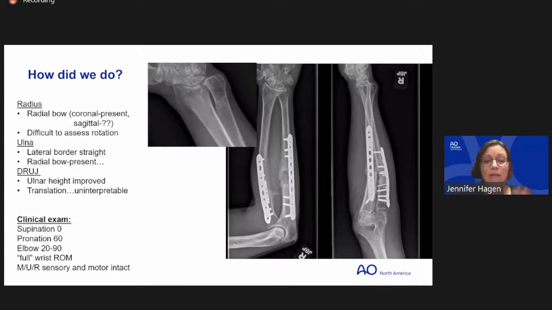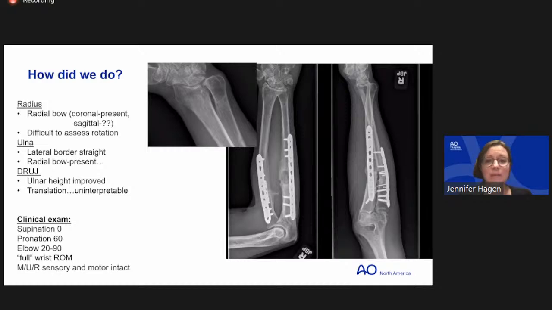Now, looking at the ulna, on what looks like a lateral of the ulna, that portion of the ulna is straight, and that part should be straight. So that looks pretty good, and it looks like the bony defect is healed in. Again, on the version of the AP, or whatever we want to call that image all the way to the right, it looks like there is some bowing radially, which is what we want. How much? Very hard to tell. And then the DRUJ is almost uninterpretable.